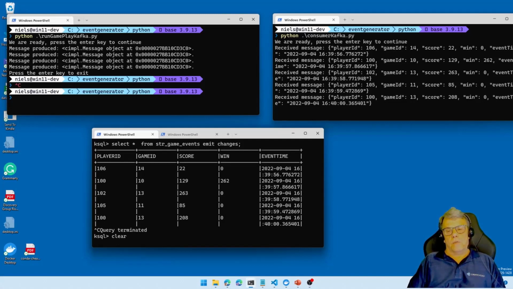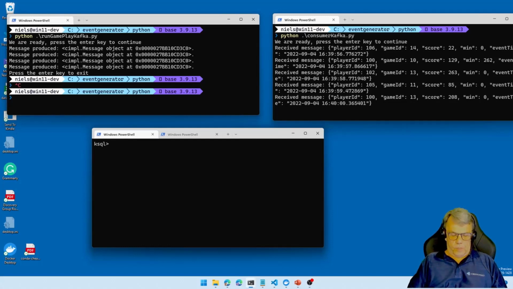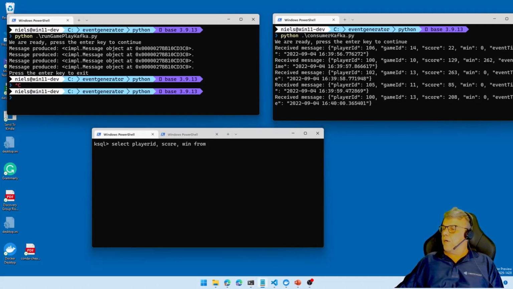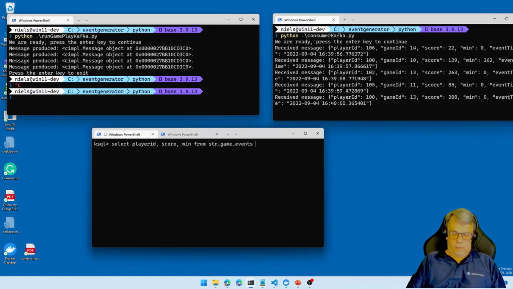Player ID, score and win. Let's just do something. Select player ID, score, win from stream game events is what I think it was called. And then we're saying emit changes.